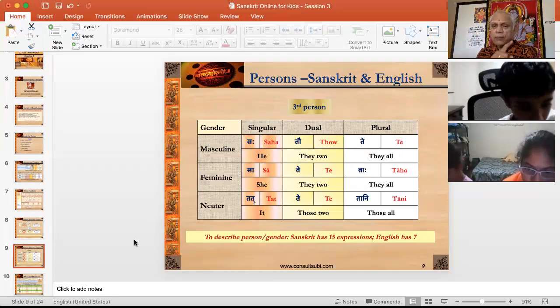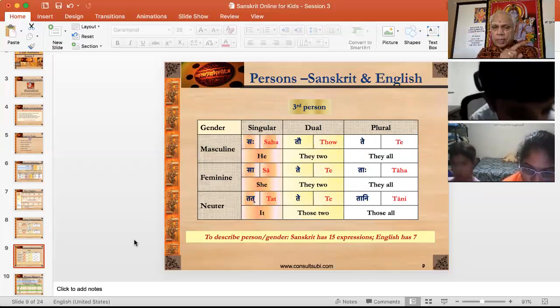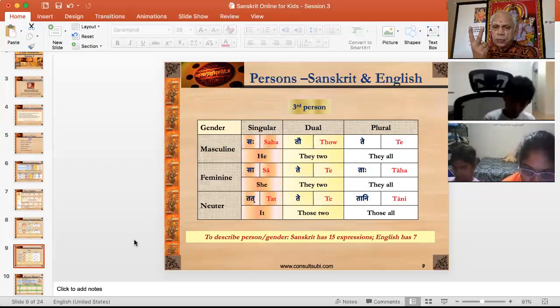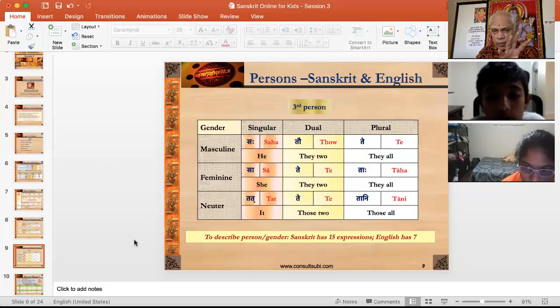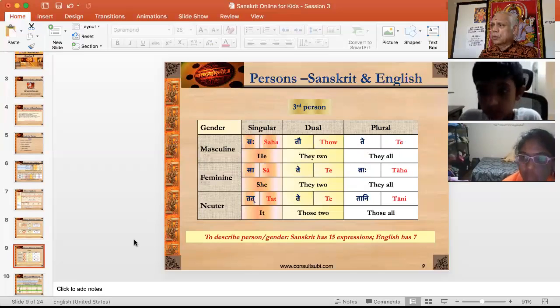Tat refers to one single object, neutral gender. Te, two, and tani is multiple or plural. Okay, now we have covered first person, second person, and third person, all having the Sanskrit equivalents. Okay, let's go to the next slide